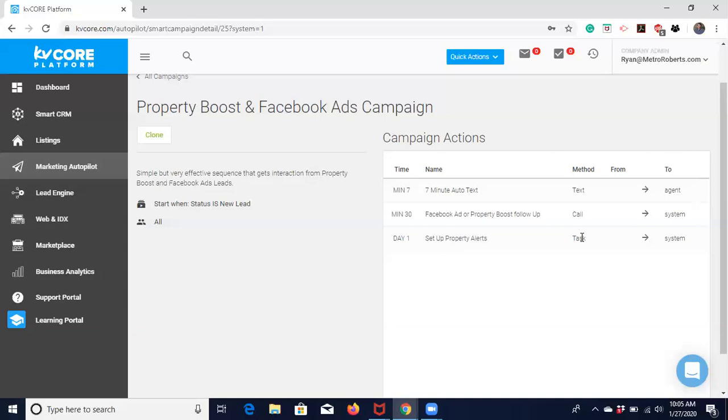So the most powerful thing that'll happen from this is just this initial text. If you're interested in having this, when a lead comes in, you get that automatic interaction with them. If you're out and about and you get the notification on your phone that you have a new lead from a boost, the system will take care of reaching out to them for you. So if you are interested in adding this campaign to your library, which you have to do first,